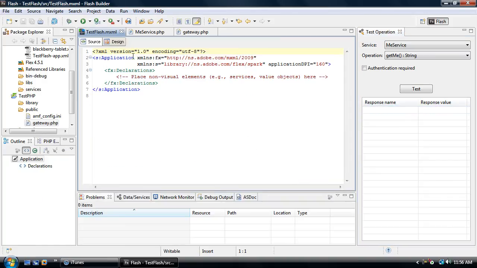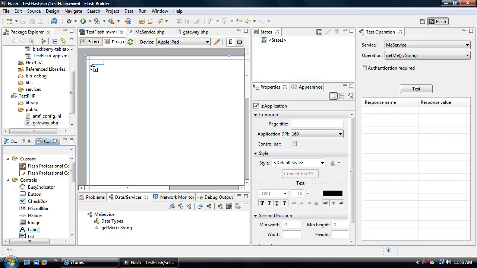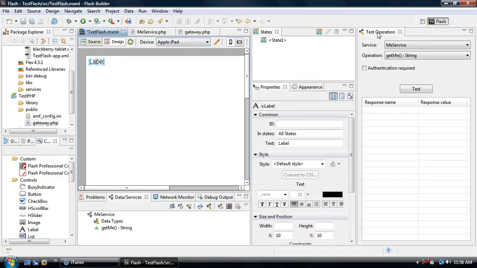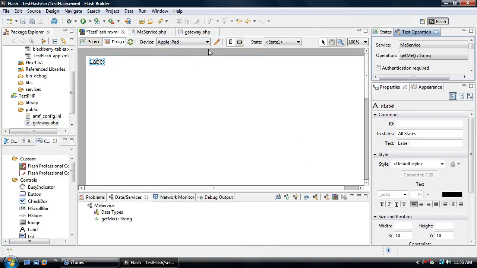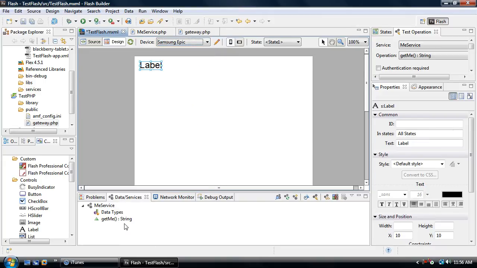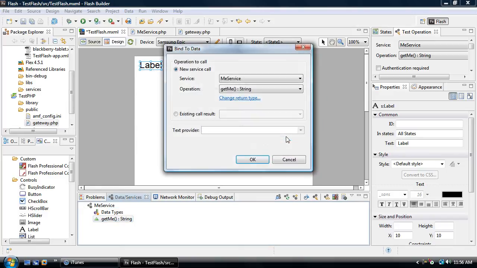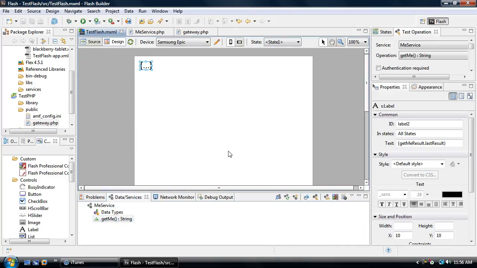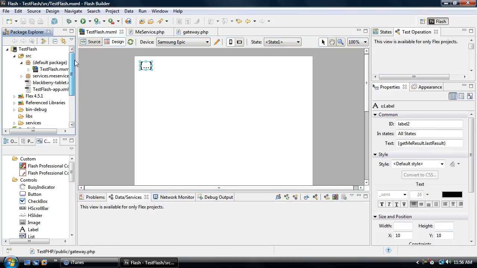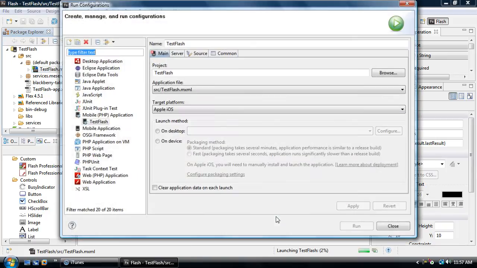So the next thing we're going to do is go to our Flash application here, and we're going to simply drag a label on the screen. We're also going to then emulate the Samsung Epic, because that's what we're going to be running it on. Drag the data service onto the label, hit OK, hit Save, and we now have that service call bound to that label. So we're going to right-click on the MXML file, go to Run As and Mobile PHP Application,